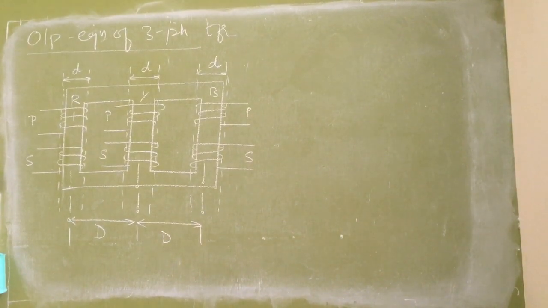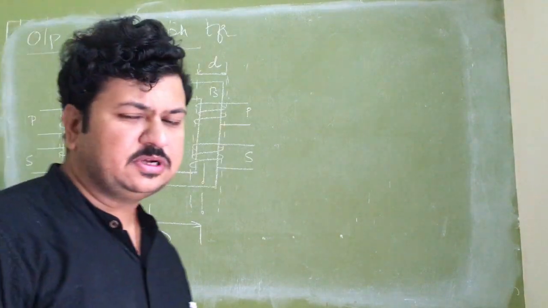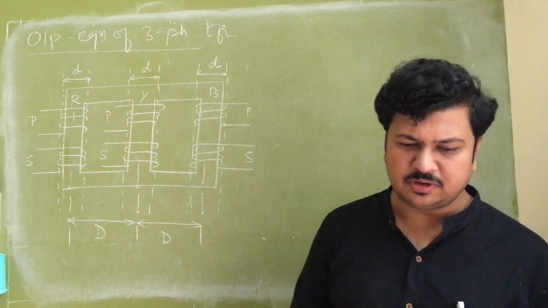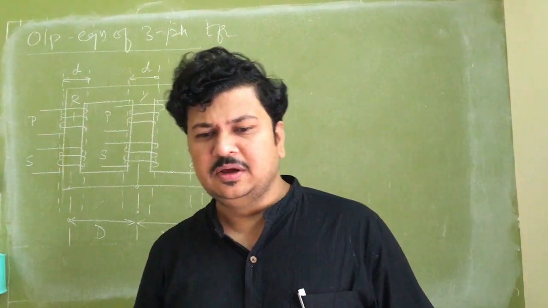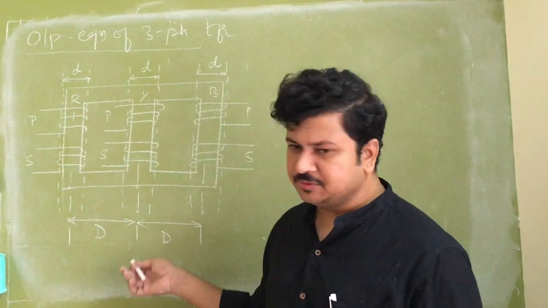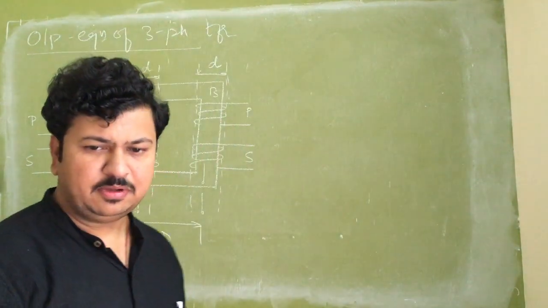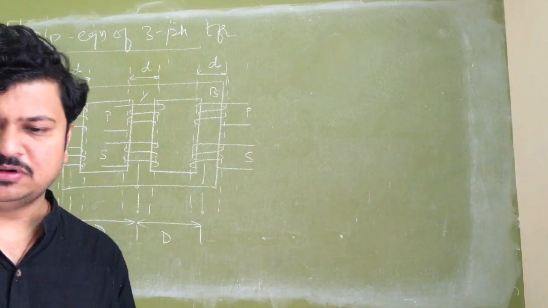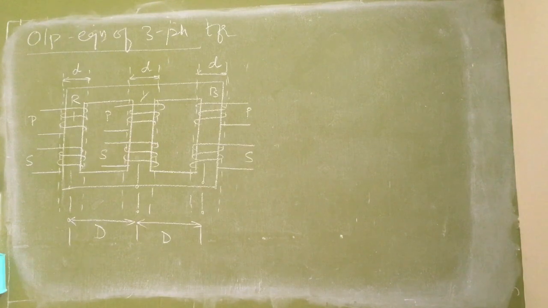Okay. So generally distribution transformers are connected with star on the secondary and power transformers are connected with delta on the secondary. If you take the first power transformer immediately after the generating station, primary is connected in star, secondary is connected in delta. If you take the distribution transformer at the load center, primary may be connected in star or delta, but secondary will be compulsorily connected in the star because I have to get it from 415 to 230 volts. So that has to be connected in star only. Okay.